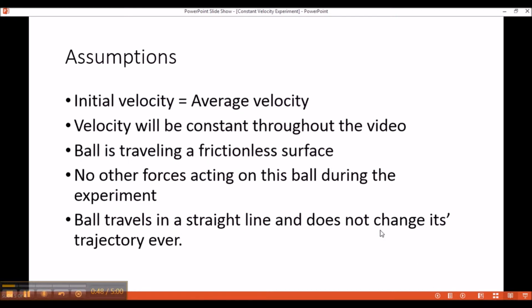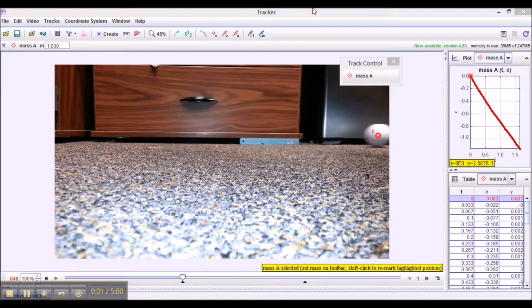In order to do this lab, we need to make several assumptions, some of which include that the initial velocity is equal to average velocity, velocity will be constant throughout the video, the ball is traveling on a frictionless surface, and no other forces will be acting on this ball during the experiment. One other assumption is that the ball travels in a straight line and will never change its trajectory ever. So now what I'm going to do is show you a demonstration of my experiment, which is